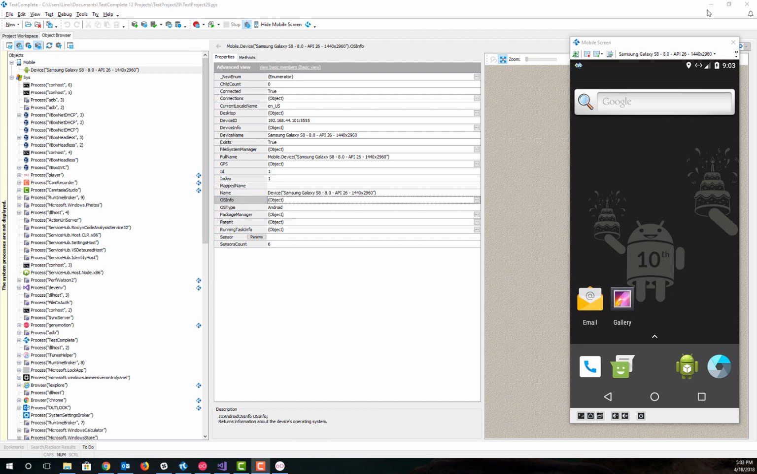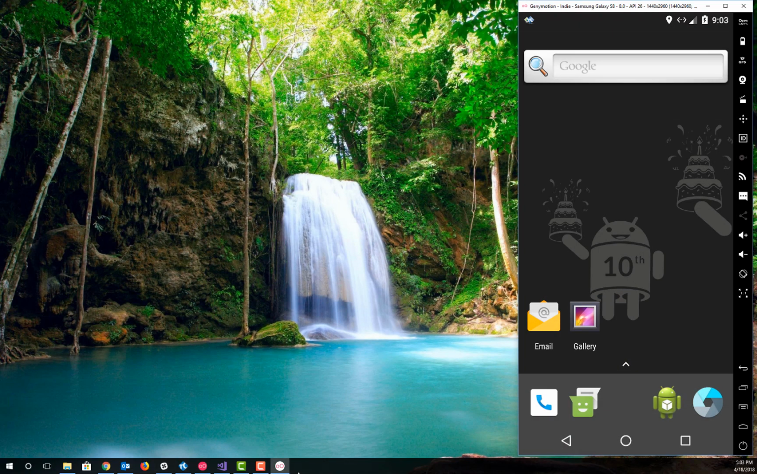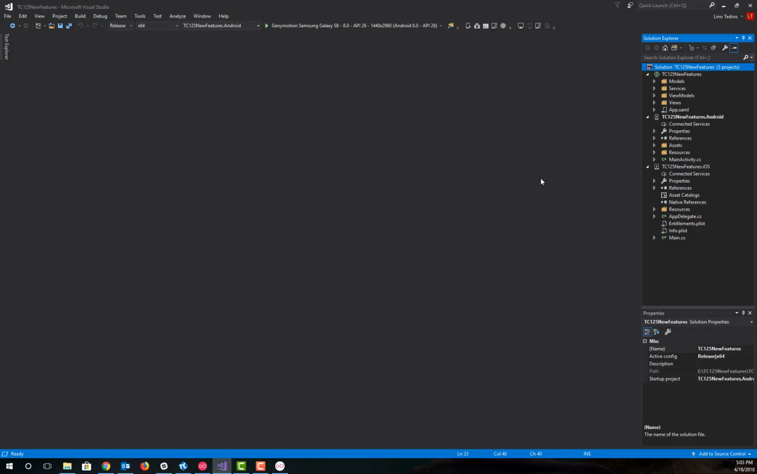All right, I am going to minimize TestComplete for a second and go to Visual Studio 2017 here. I actually created a small little app in Xamarin Forms, and in Xamarin Forms I have it available for Android and for iOS. I did not bring in the Windows one, but you are more than welcome to have the Windows one as well available in here. I only have the Android and iOS, and I'm going to concentrate on the Android one right now